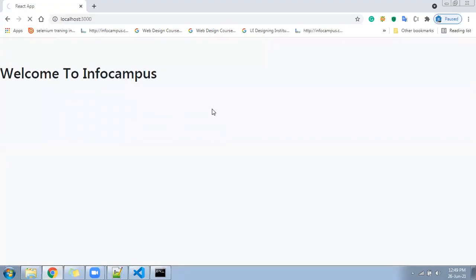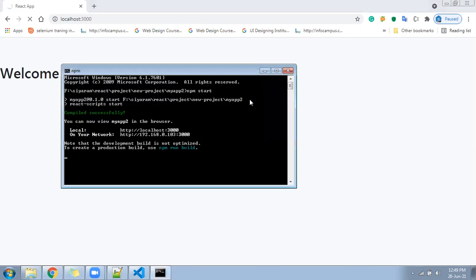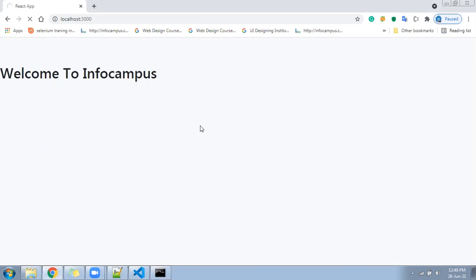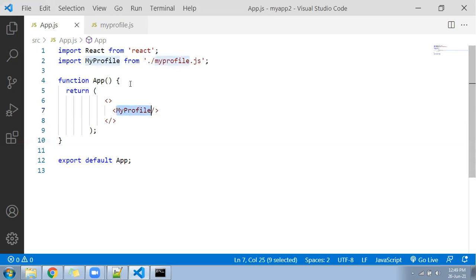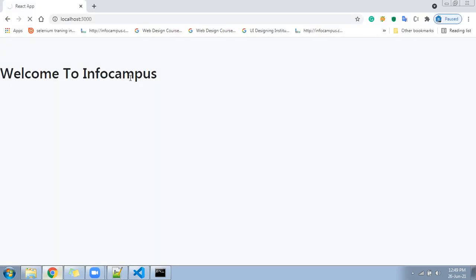Let me refresh it. It's been compiled. My profile component I have called here already from the myprofile.js file. Then compilation is happening.